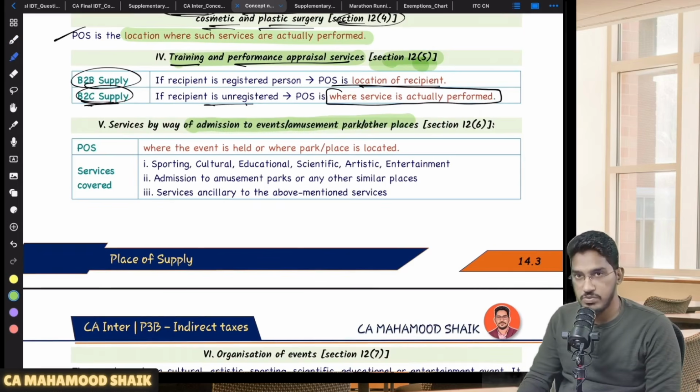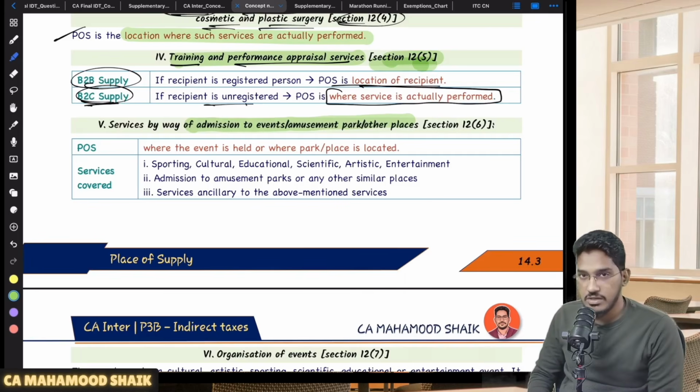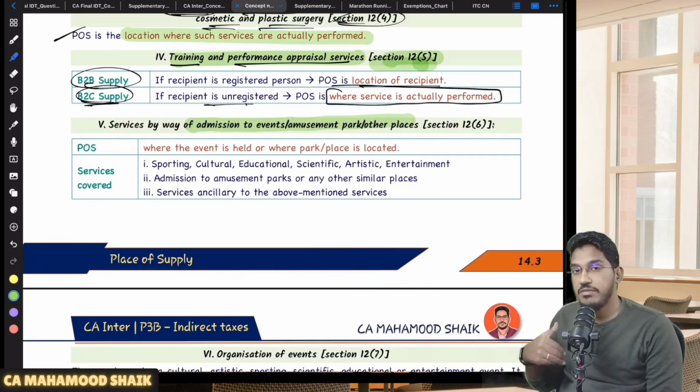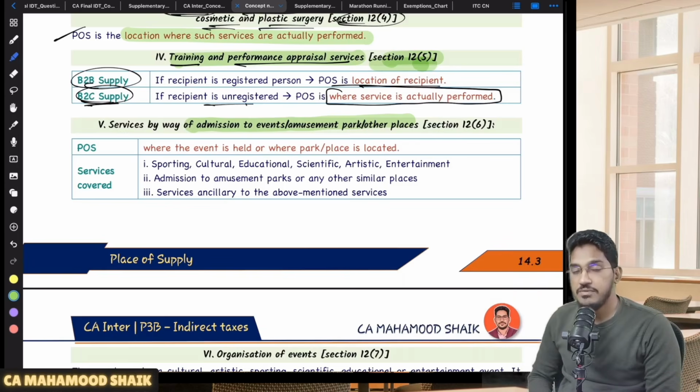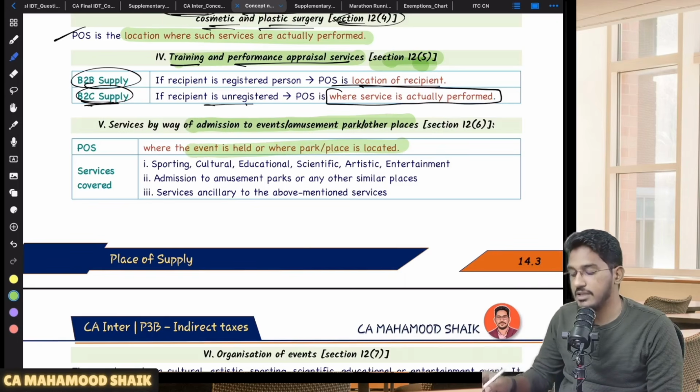Like you are going to the amusement park, or you are conducting an event, music event, concerts or award function. So they will sell you tickets and they will allow you access to that event, or they will sell you tickets and they will give you admission to the amusement park. Sir, for that services, what will be place of supply? Very straightforward. Wherever that amusement park is located or wherever that event is held, that will become the place of